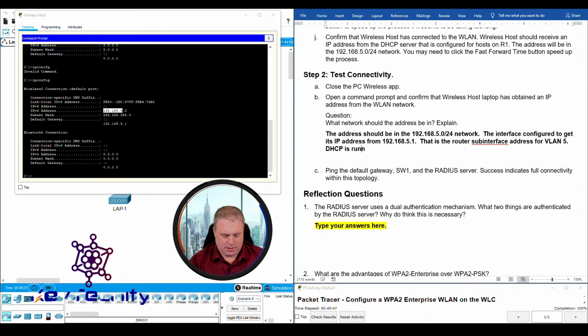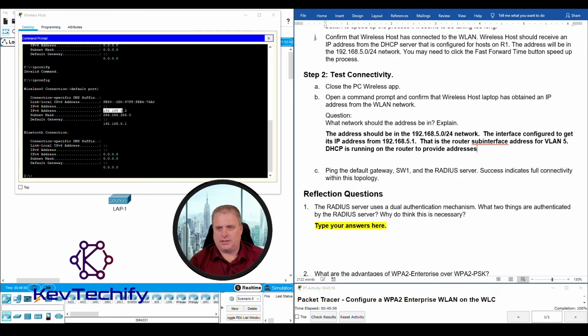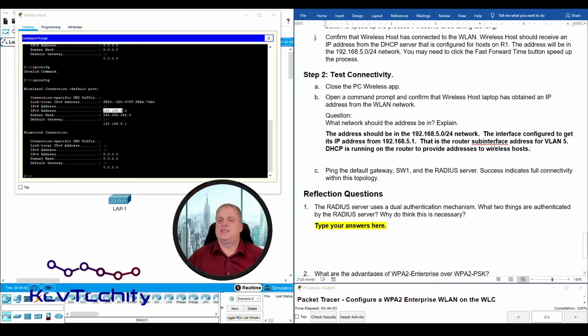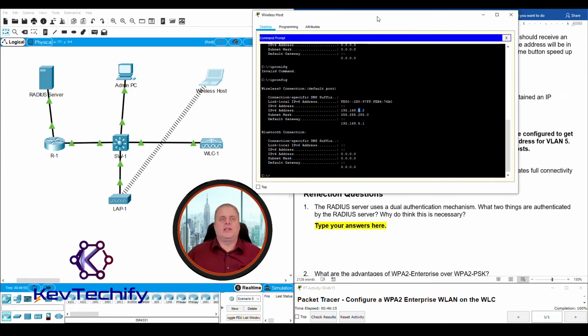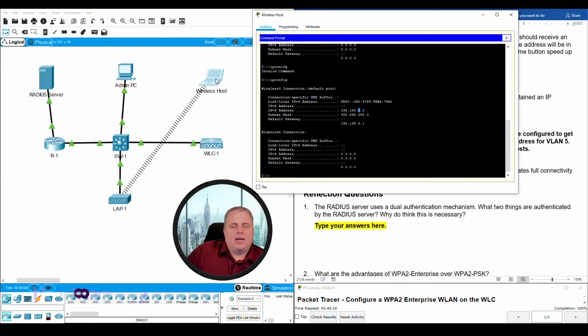DHCP is running on the router to provide addresses to wireless hosts. Now that is different than our wired management networks. Our wired management third octet was .200. This is .5. And so once again, to recap what was happening is the lightweight access point, when it booted